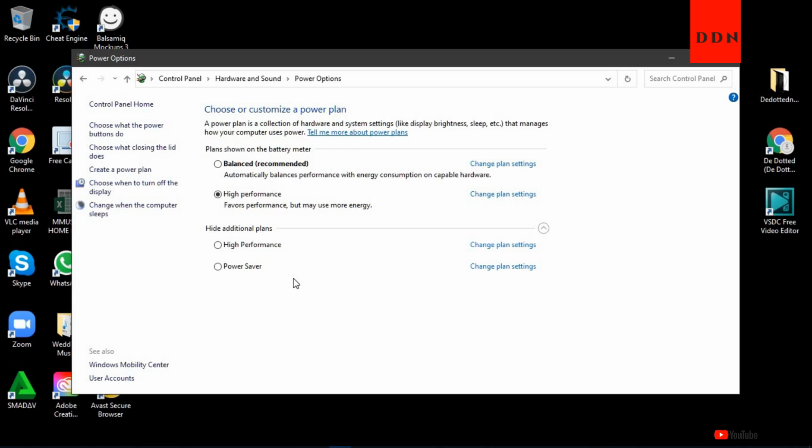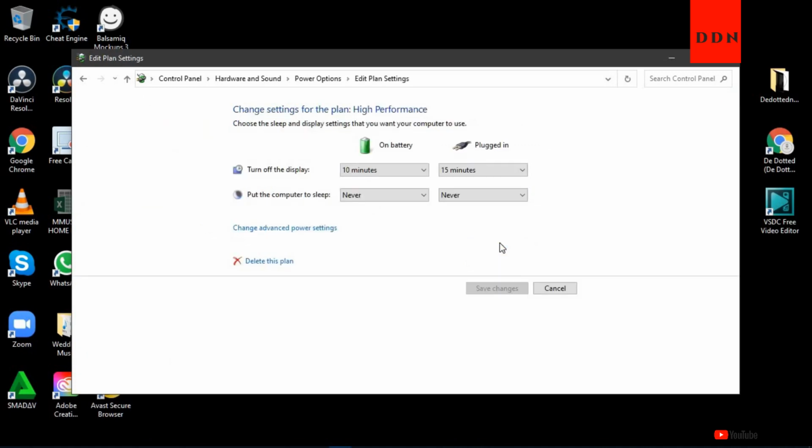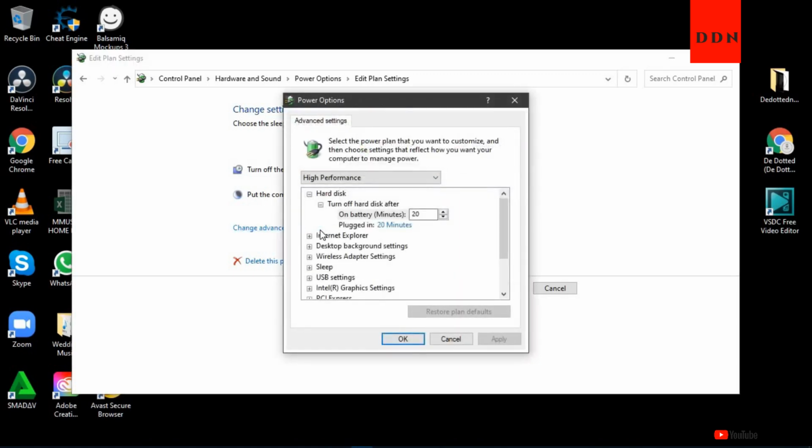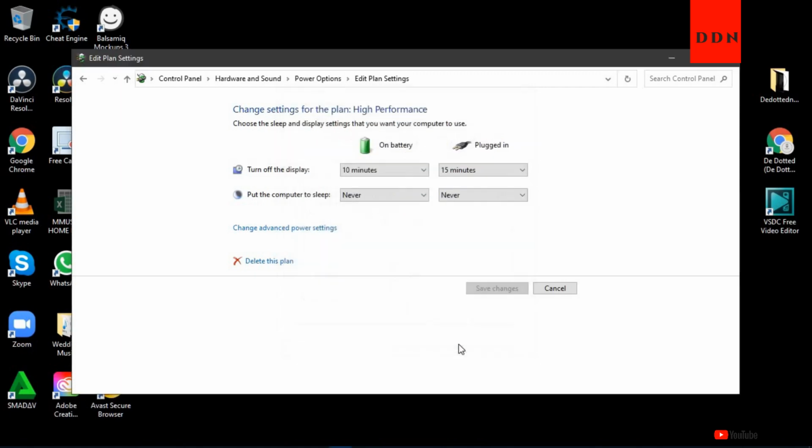All right, like it says here, you can also change the plans and just play around with them as well, so that you can have more power. All right, high performance, as you can see, is a high performance option where you can just play around with some of these options. I'm not gonna dwell deeper within them, but if you need me to, just comment down below, and I'll make a video specifically for the high performance in terms of your battery